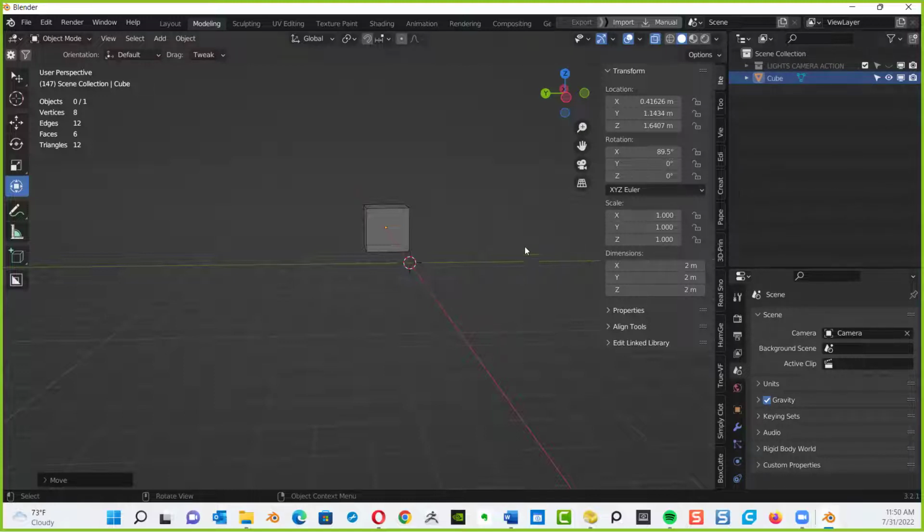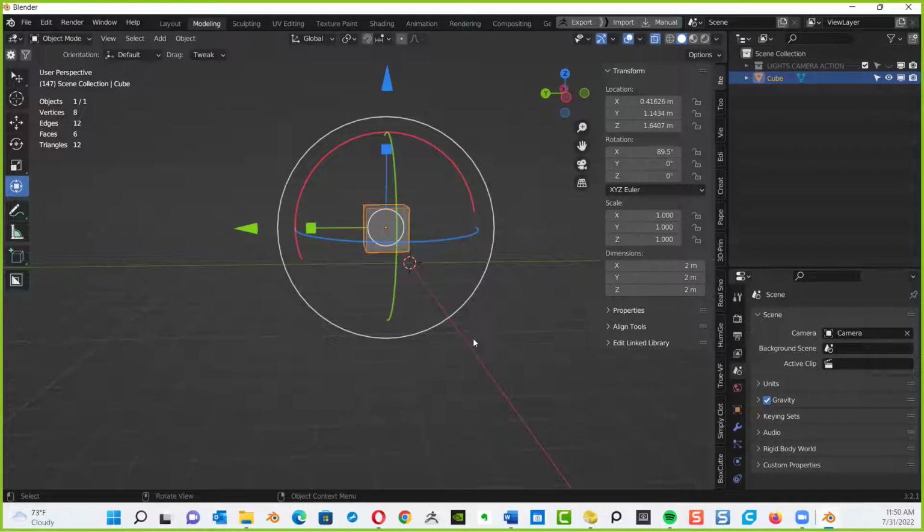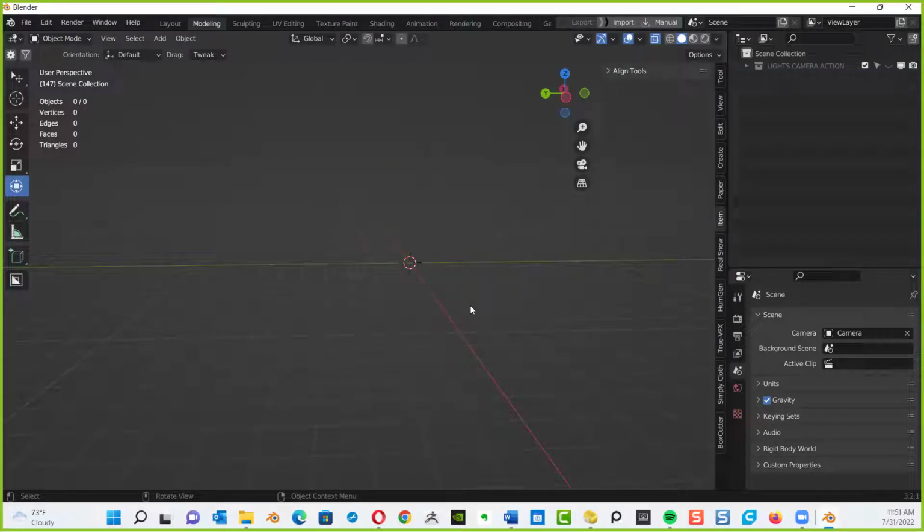Okay, cool. Now, we're almost done with setup. All I want you to do is select your cube and hit delete, or the X key on your keyboard and then delete. Why are we doing this? Because now we have Blender set up the way we like it. If I close out Blender and reopen it, it'll reset back to its default, and I don't want that.